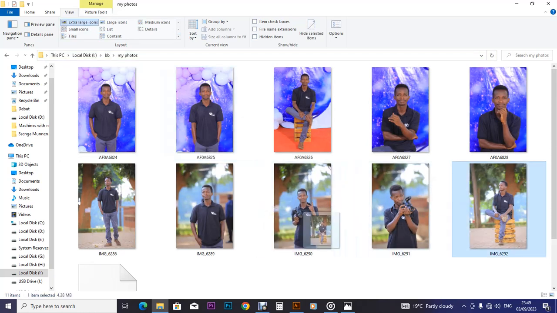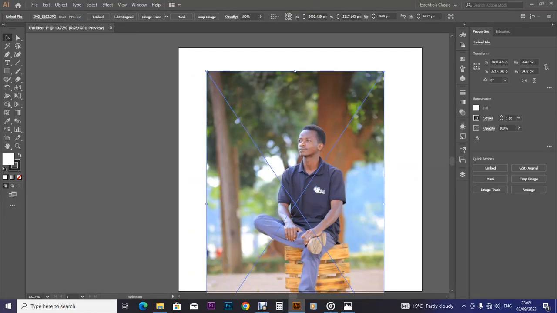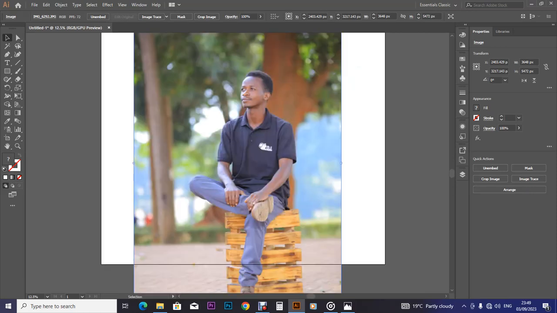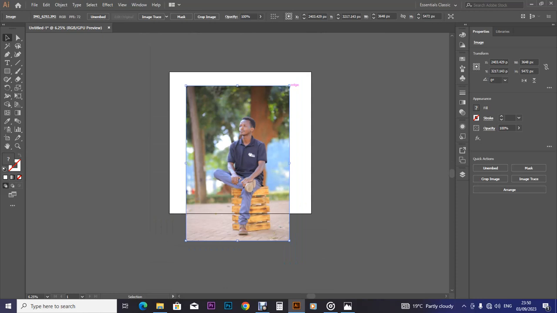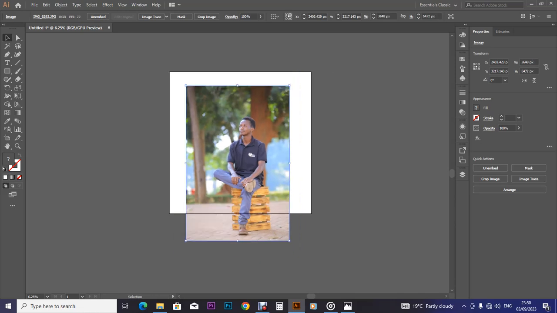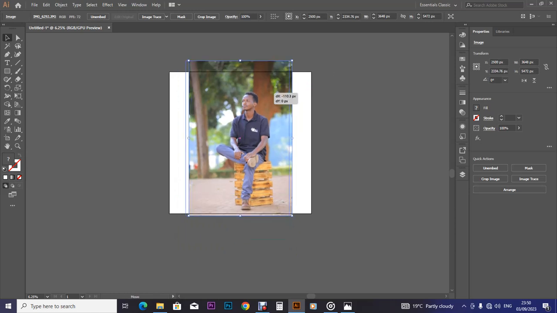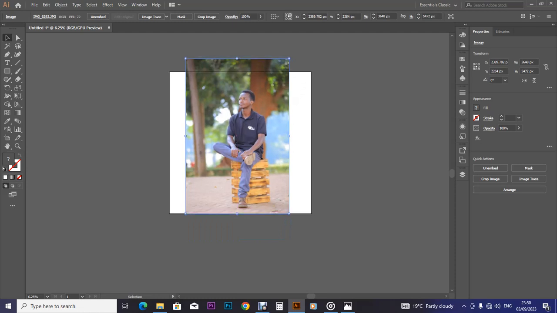So if I bring this picture, then I place it here. This is the picture I would want to use on my album. So I press embed and scale it a little bit. I would want first of all to have almost all of this picture from the bottom to the top, but it is leaving out space, and this is not Photoshop that we are going to be playing around with